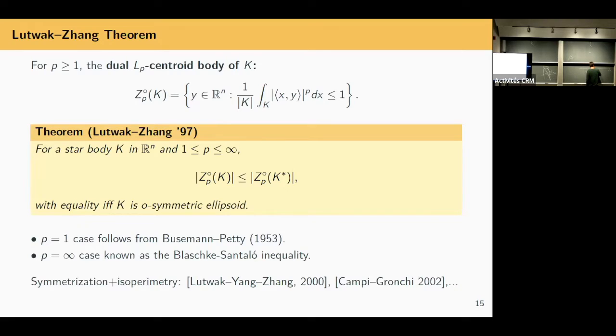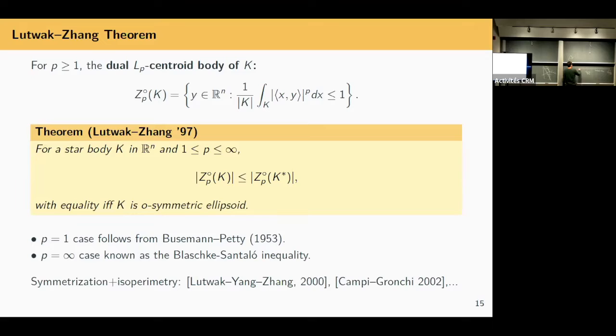The Lutwak-Zhang theorem is really treating all of the P's in between 1 and infinity. And this is the Blaschke theorem. It's exactly just this statement at the endpoint. And it stops at 1. So this is a theorem for which you can guess what it uses. The answer is always Steiner symmetrization. But the Steiner symmetrization here happens to depend on the parameter P, and it's important that these are convex bodies.